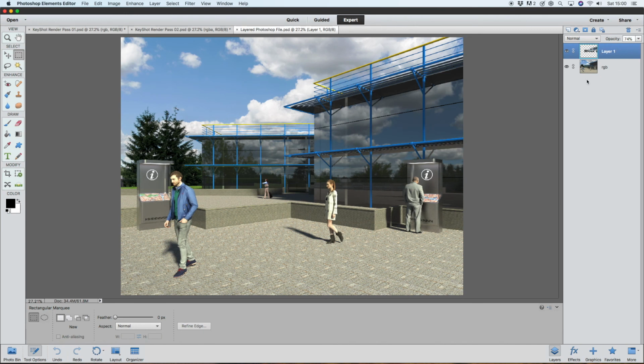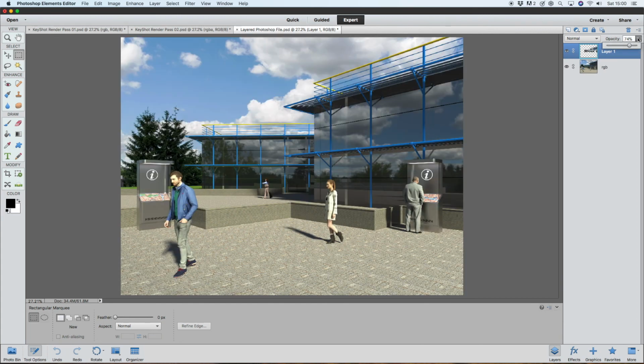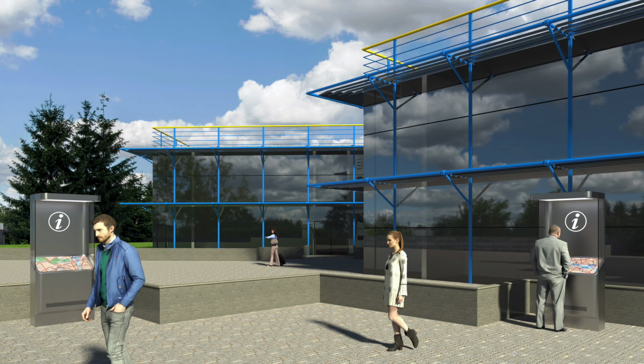We simply put the second pass over the top of the first pass, and I'll just turn off this layer so you can see what I can do is to play with the opacity of the top layer so that the reflections are not completely full on, and we maintain some of the translucency or transparency of the glass. So in this way we can get a very realistic reflection, still reflects the objects in the scene, as well as having something in common with the background. This is a version of the final image, and although it's pretty simple, hopefully it will give you a start